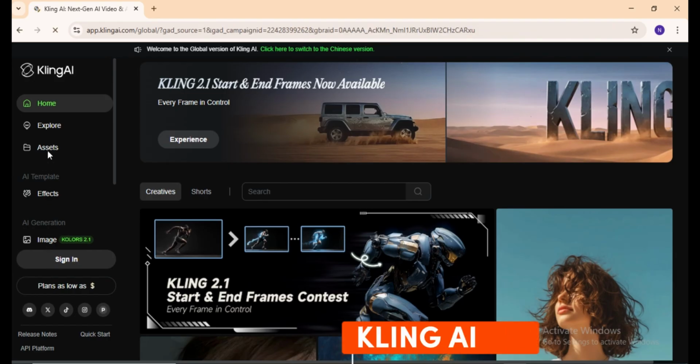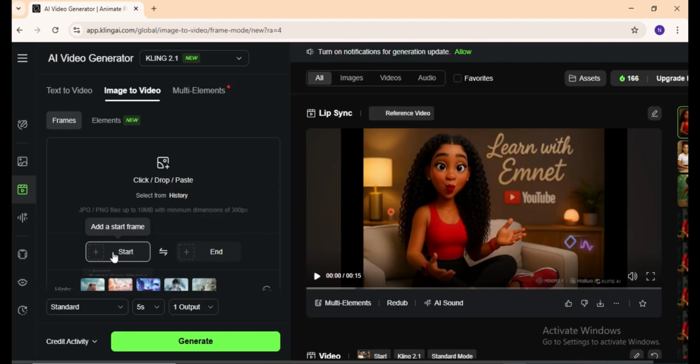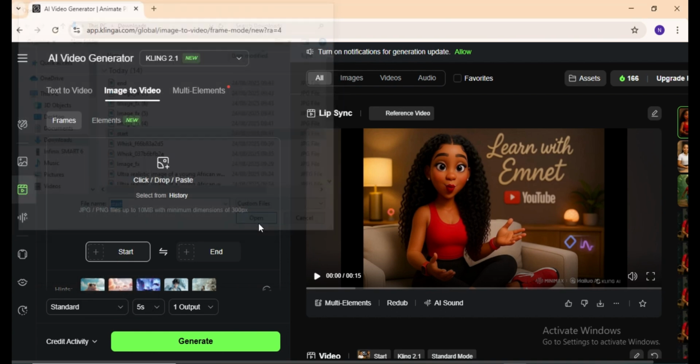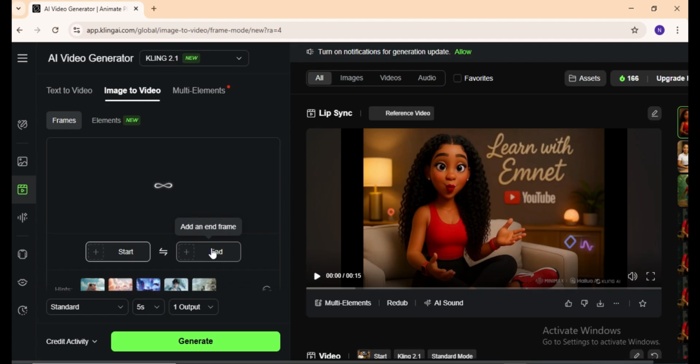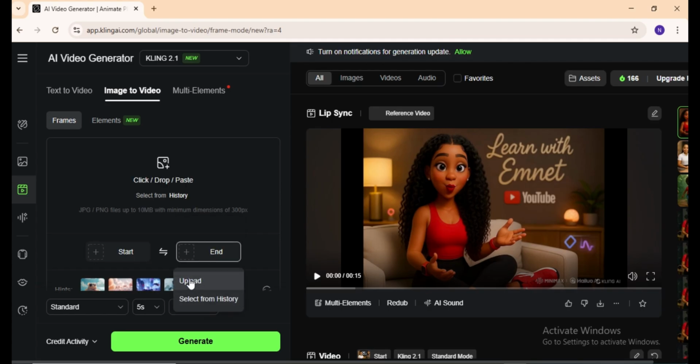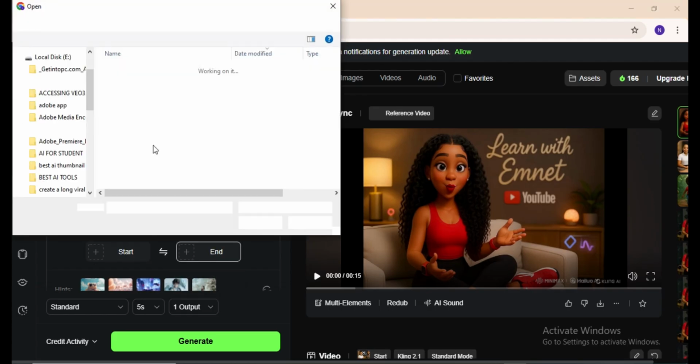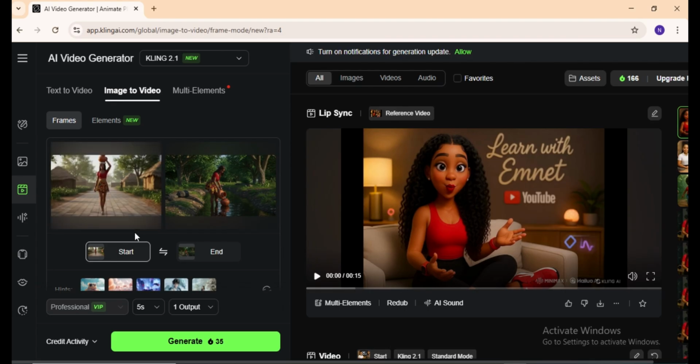Next up, the powerful Kling AI. Sign up with Gmail and you get 166 free credits every month. Here's the special feature. It supports start and end frames. That means you can show 2 different scenes in one animation. For example, a woman carrying a pot on her head to the stream, and the next frame shows her already